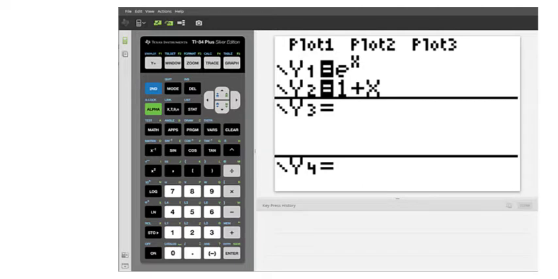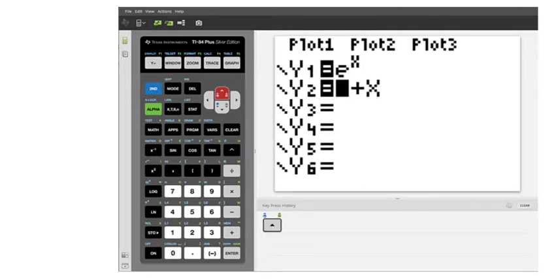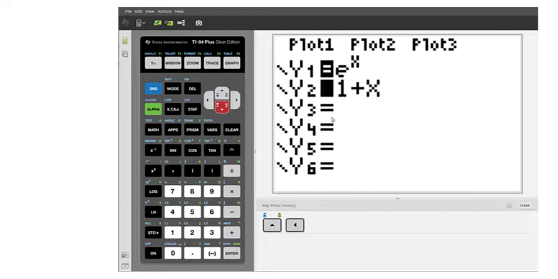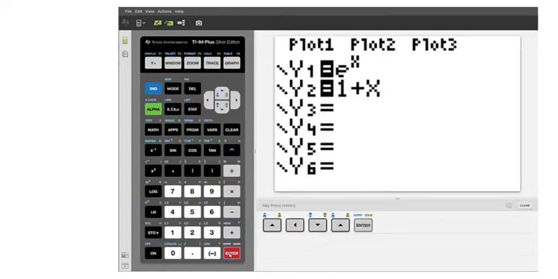I'm going to go back up to this first one and highlight the equal sign and then click. That'll make it so that one doesn't show up in our table. And now I'll put in the third degree equation,